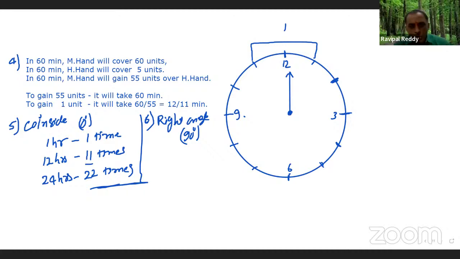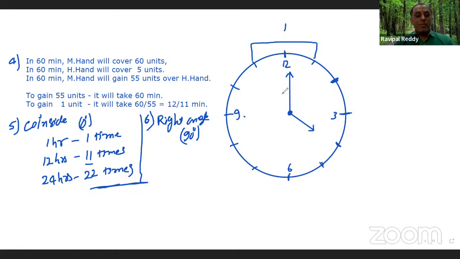So at 4 o'clock, hours hand at 4, minutes hand at 12. So according to the third point, if right angle